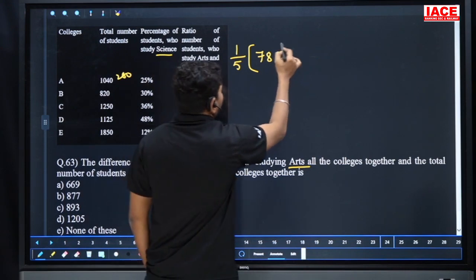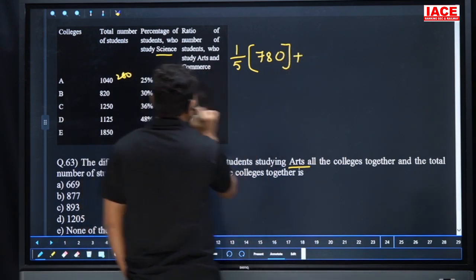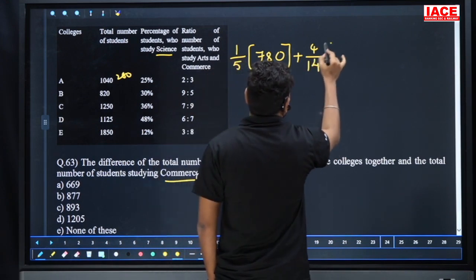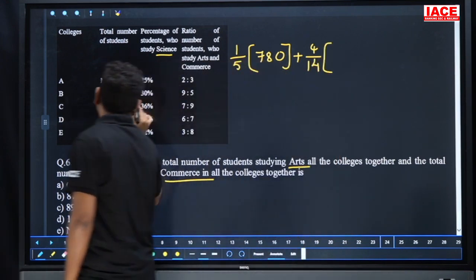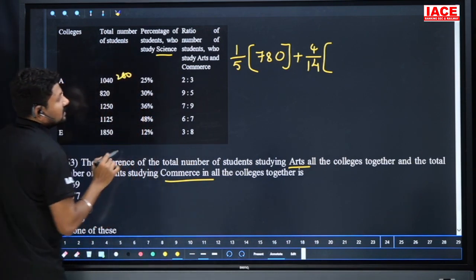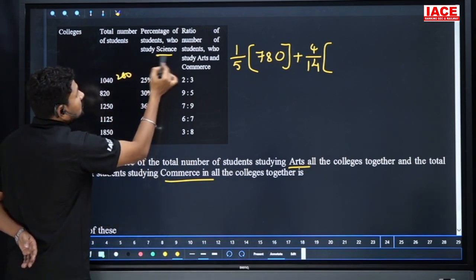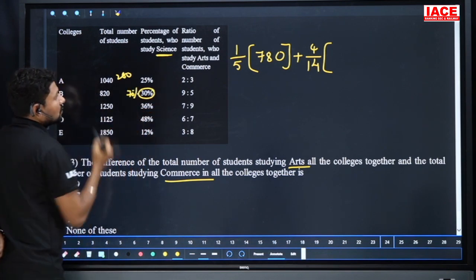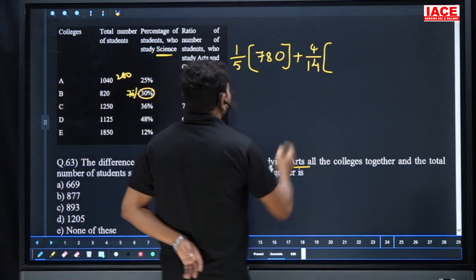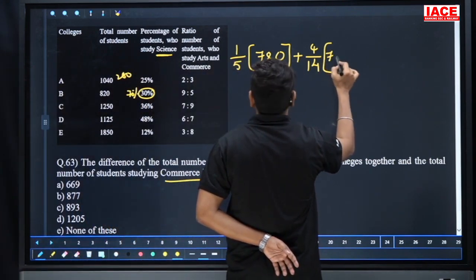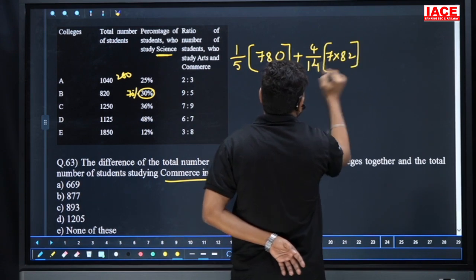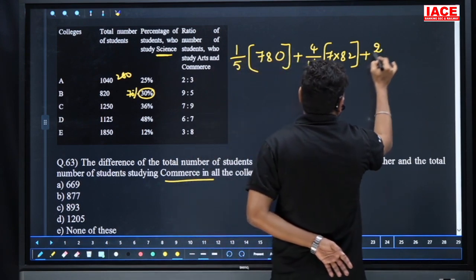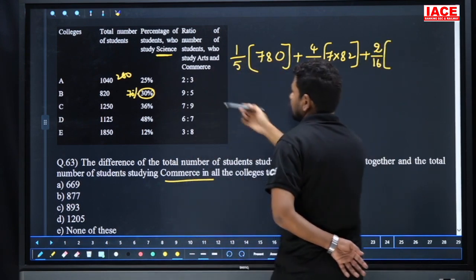Again as it is here we require 9 is to 5. 9 is to 5, how many parts gap? 4 parts, by overall 9 plus 5 equal to how many parts? 14 parts. And 14 parts, 820 of 30 percentage. 820 of how many percentage? 30 percentage. 30 percentage belongs to science, we require the 70 percentage. 70 percentage required. 7 you can multiply directly. So either you can write here 70 percentage, 7 into 82, because it is going to cancel 7 to 14 also. And next here, 7 to 9 gap is 2. 2 by 16, you can write 1 by 8 also.